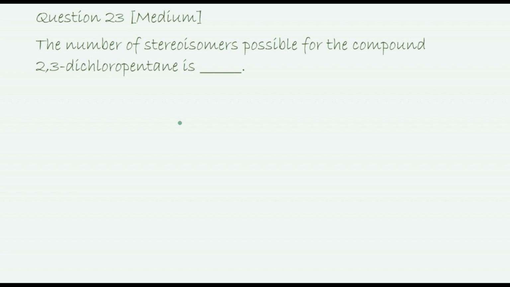dichloropentane. So pentane, 1, 2, 3, 4, 5. And 2,3 dichloropentane. So they are asking for the stereoisomers. So how many chiral centers are here? This is one chiral center and this becomes one chiral center, right? 2 chiral centers,